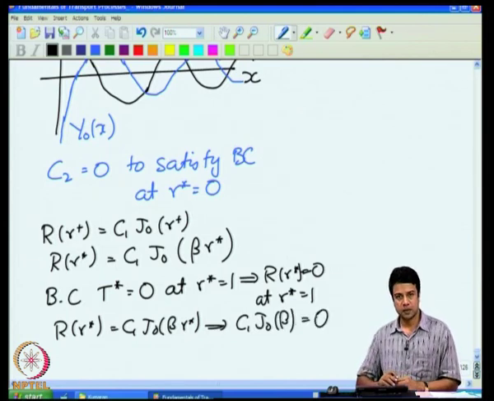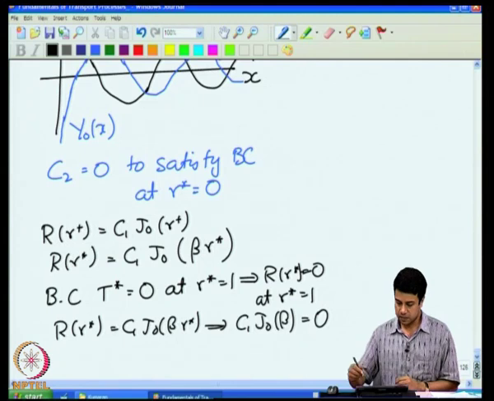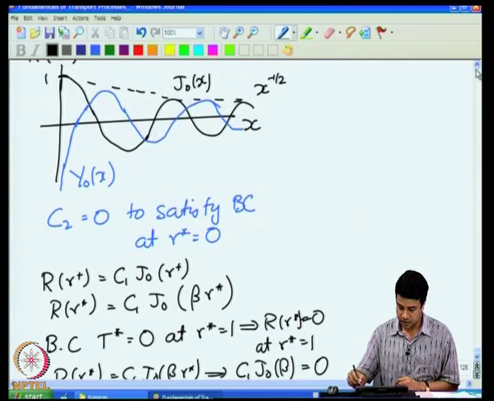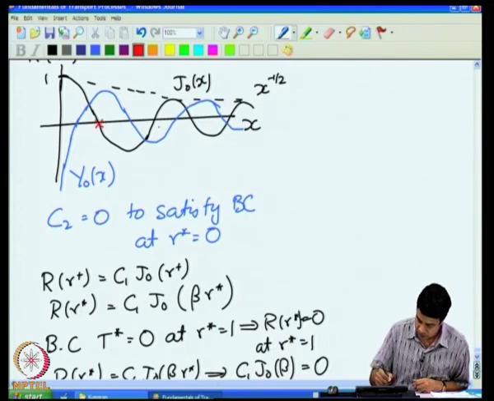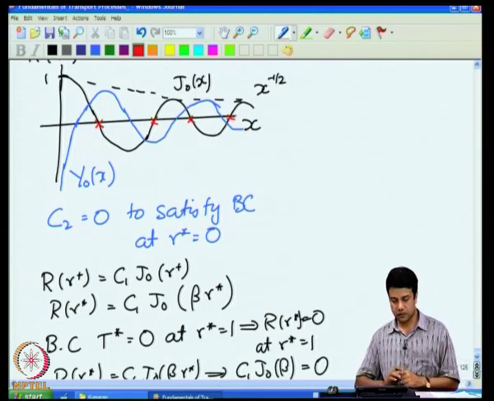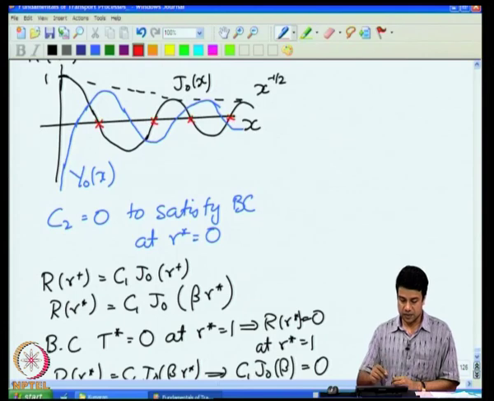Okay. C1 J naught of beta has to be equal to 0, which means that beta has to be one of these values where this curve crosses through 0. It has to be one of those values where the curve crosses 0, because if I require J naught of beta to be equal to 0, that means that beta has to have a